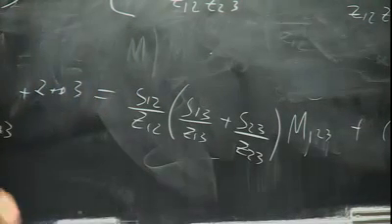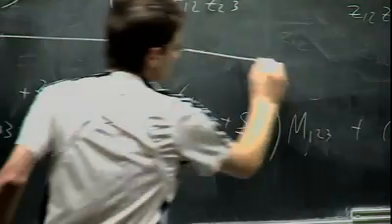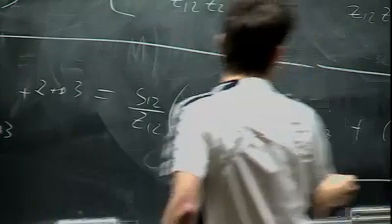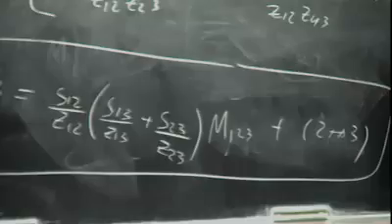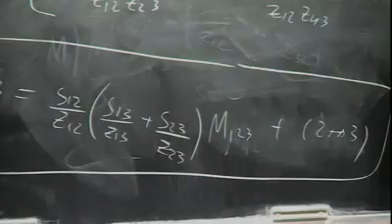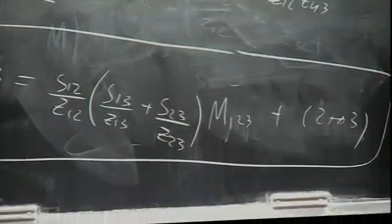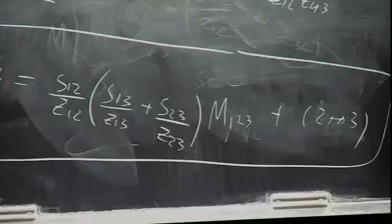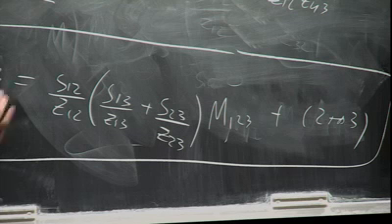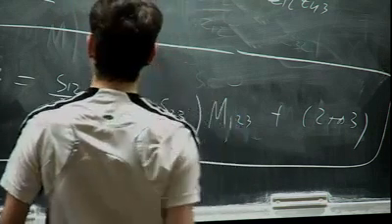This identity here is very non-trivial, and it generalizes to n points. And I don't really understand why this is true. There must be some very deep reasoning related to the Lie symmetries, but it's true. This identity is true, and